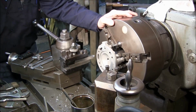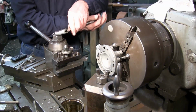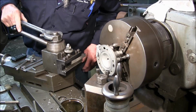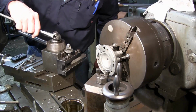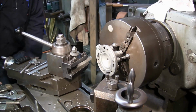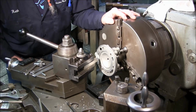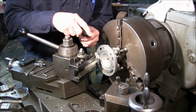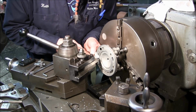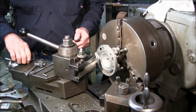All right, now what I want to do is I want to establish that I can come in and cut a shoulder. So I need to have less than 90. And I just take the blunt end of my scale here, and I'm just holding it against the flat I already machined, and I'm looking down there, and if I see relief along this edge right here,